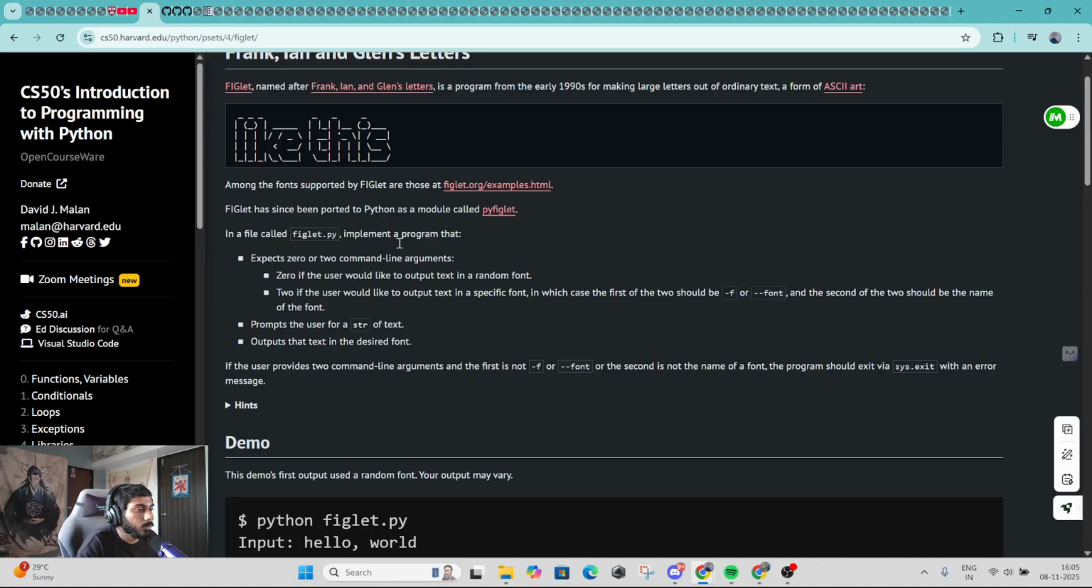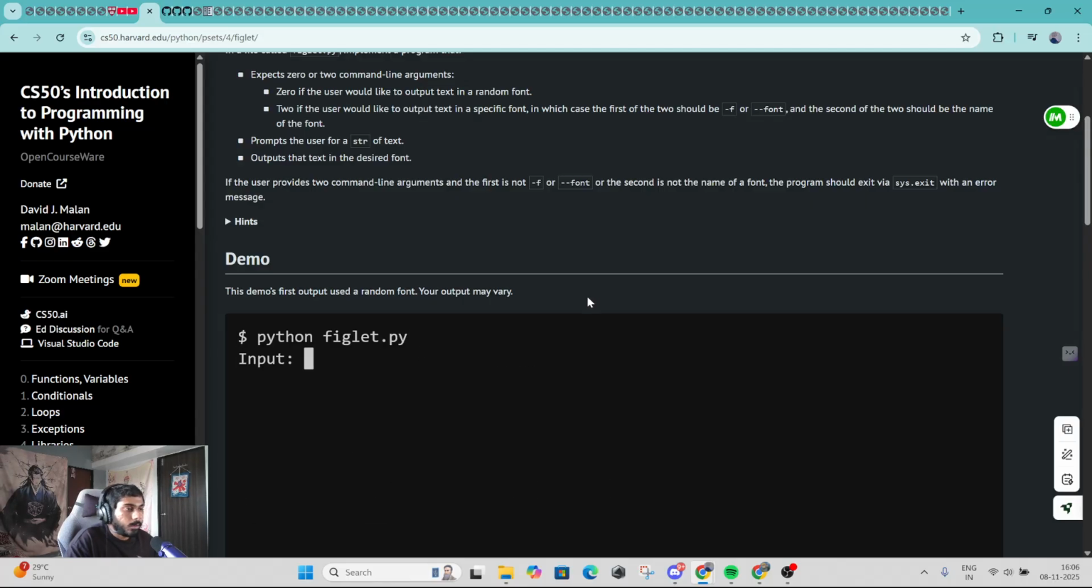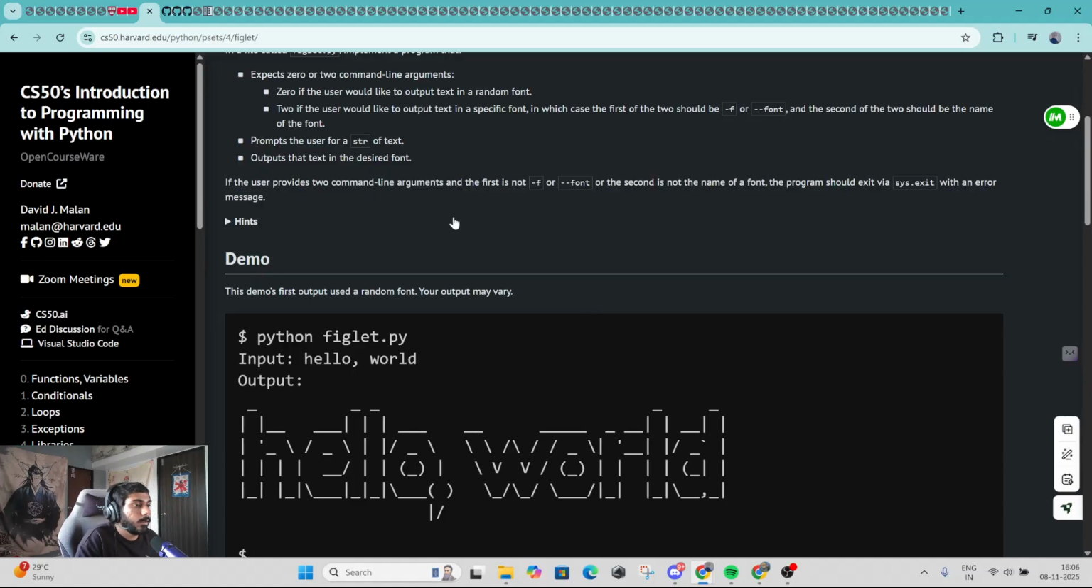Okay. So implement a program that expects 0 or 2 command line arguments. 0 if the user would like to output text in a random font. 2 if the user would like to output text in a specific font, in which case the first of the two should be -f or --font, and the second of the two should be the name of the font. Prompt the user for a string of text, output that text in the desired font. If the user provides true command line